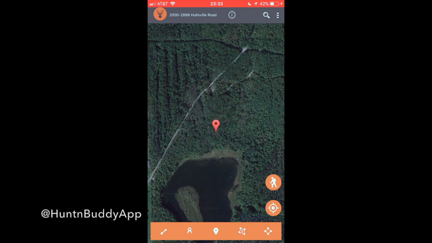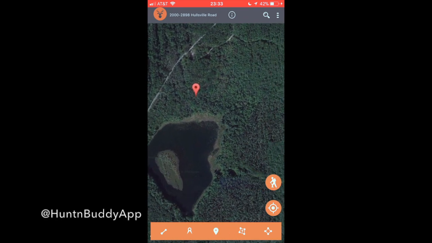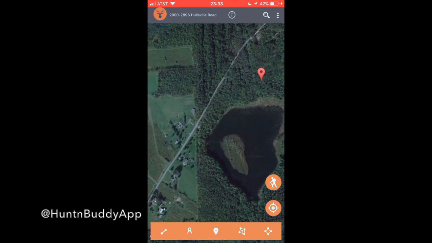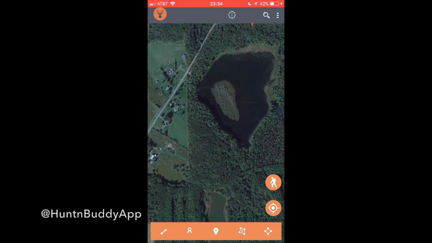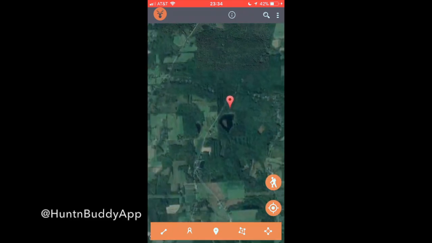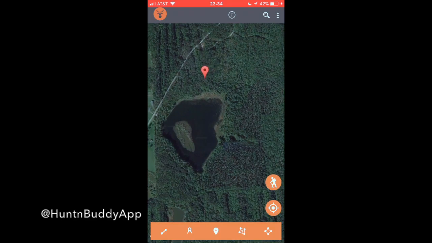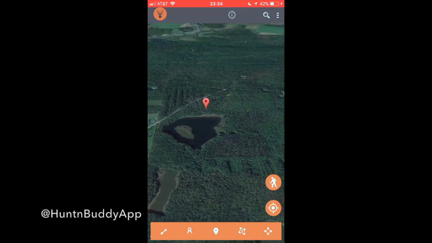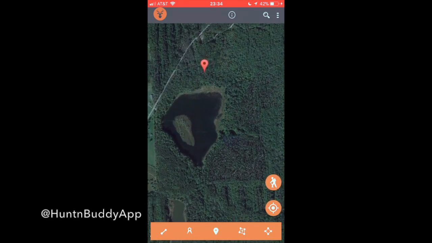So first thing we'll go over is how to move the map and things like that. If you use one finger and drag it around, that allows you to move the map on the screen. If you take two fingers and pinch them in, it will zoom out, and if you pull them apart, it zooms in. To tilt the screen, if you take two fingers and go up the screen at the same time, it will tilt the screen up, and then if you bring them back down, it'll bring you back to more of a